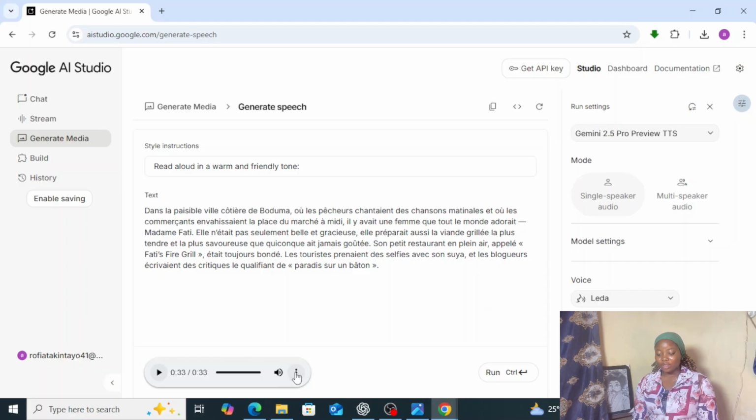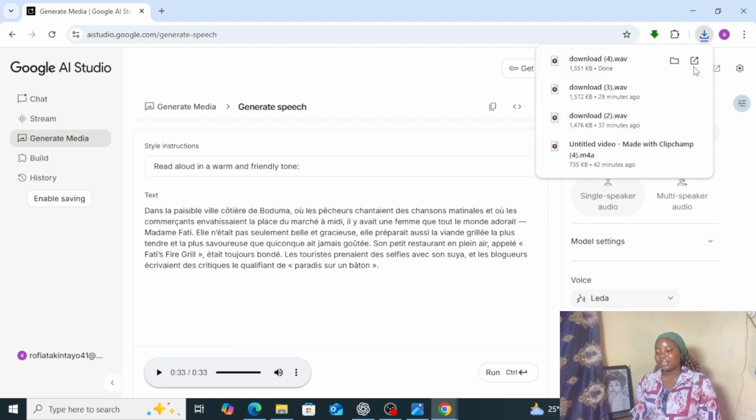So you come to this three dots right here, you click on it, then you click on this download button right here, then you allow it to download automatically. It is downloaded onto your device. So that's how you use these three websites. There are other AI voice generator websites out there that are free, but these are my top three, and I actually love this Google AI more because you can switch things up